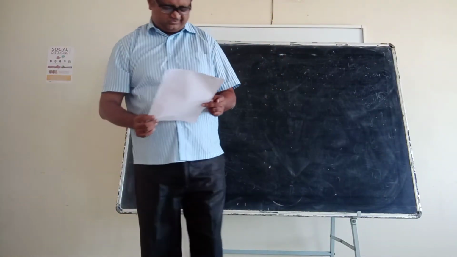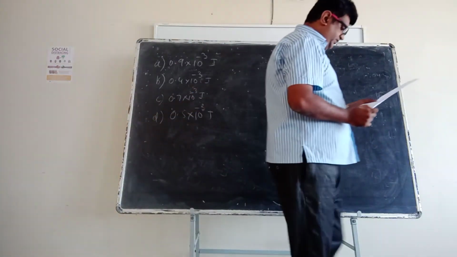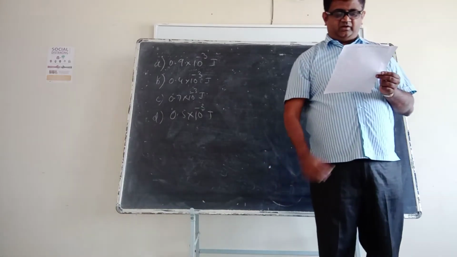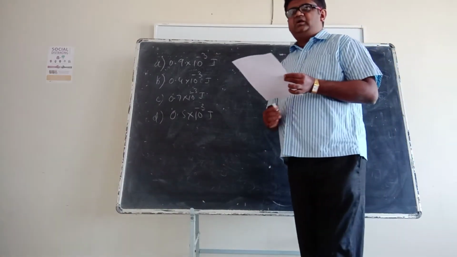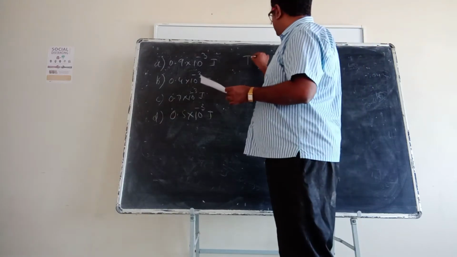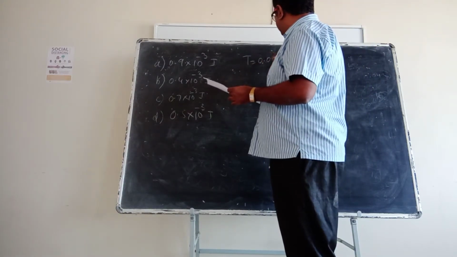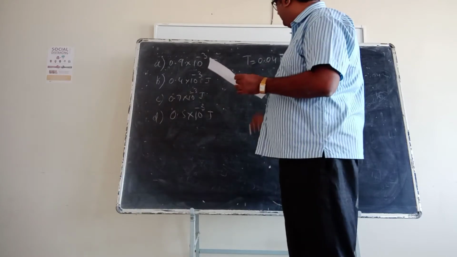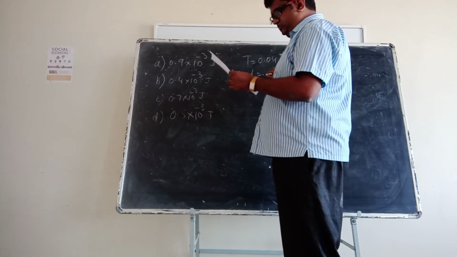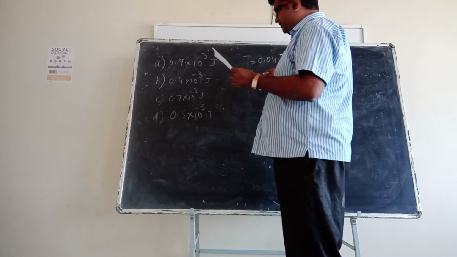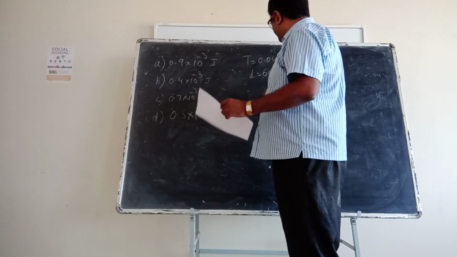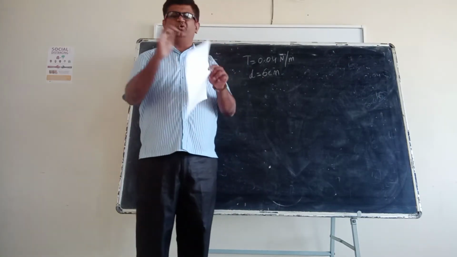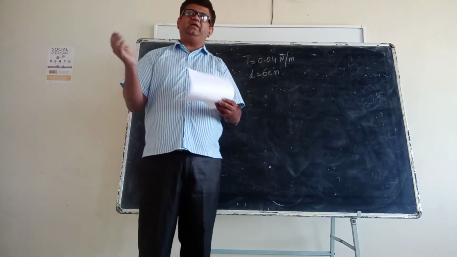Okay. Third question. The energy stored in a soap bubble of diameter 6 centimeter, and T means surface tension. Surface tension is given as 0.4 Newton per meter and diameter is given as 6 centimeter. So first we need to understand that a soap bubble or a soap film has how many